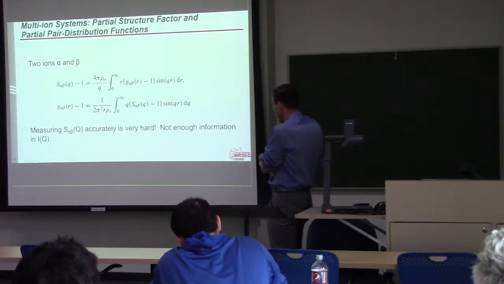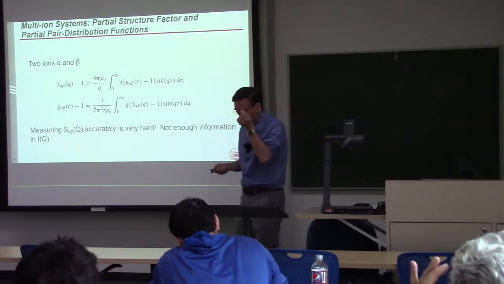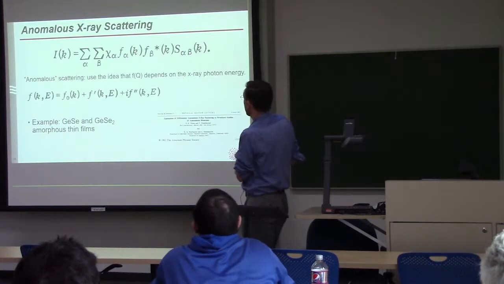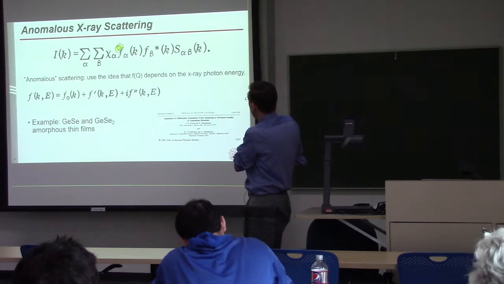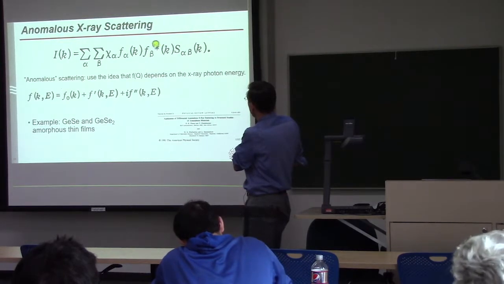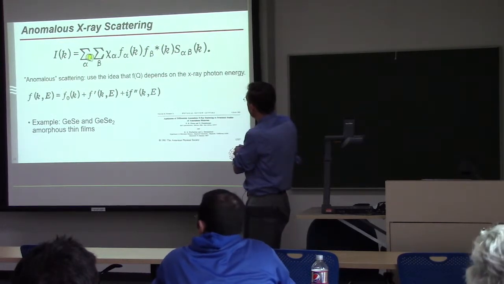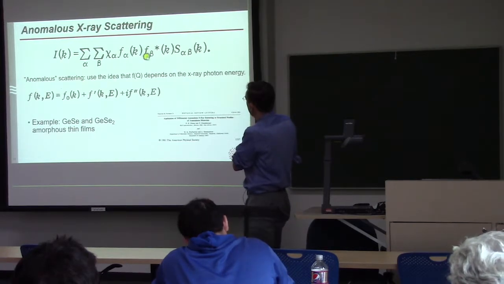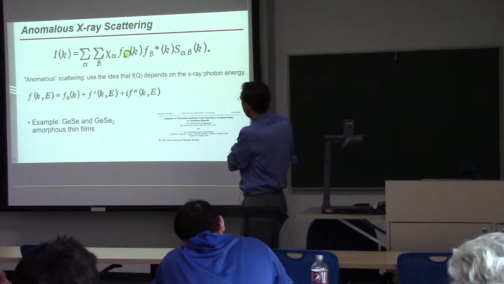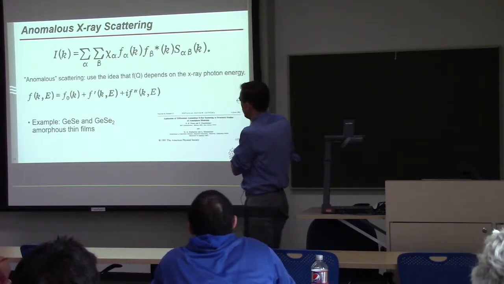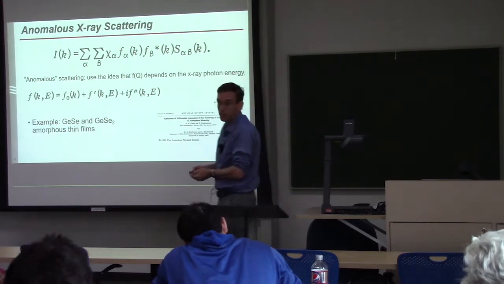And the problem is there's not quite enough information unless you play some tricks. One of the tricks in X-ray scattering is that the Fs, this degree to which each atom scatters, shows up here in this intensity, as an F for alpha and an F for beta. This is the total intensity. If I could vary Fs systematically, I can figure out which alpha, which one is contributing how much. And that's done using anomalous X-ray scattering.